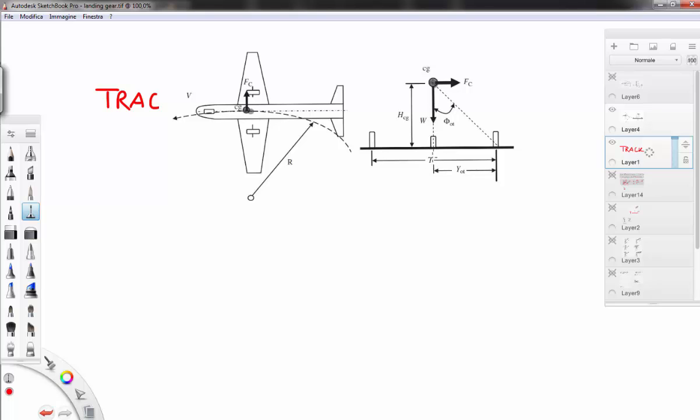For the sizing of this parameter, we have to take into account the maneuverability and stability of the aircraft, because if T is too small, you can understand that there will be some instability, vertical instability, and if T is too large, we will have a belly